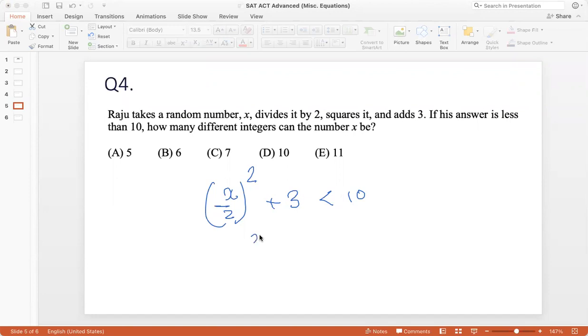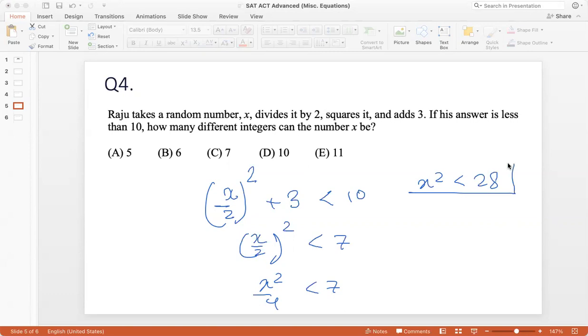Now let's solve this. So x by 2 whole squared would be less than 7, 10 minus 3. So x squared by 4 is less than 7. So x squared is less than 28. Now, if x squared is less than 28 and x has to be an integer, then x can be 1, 2, 3, 4, and 5, because I can't go beyond 5, because the moment I take x as 6, x